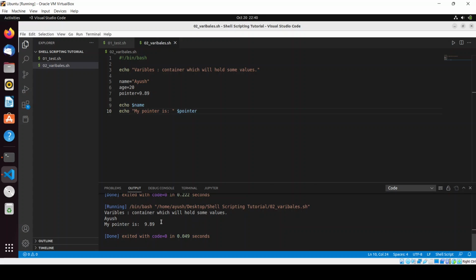Okay, so here you can see my pointer is 9.89. In this way you can enter the variables and assign values to the variables. So these are basically the user defined variables. Okay, echo, you just have to write user defined